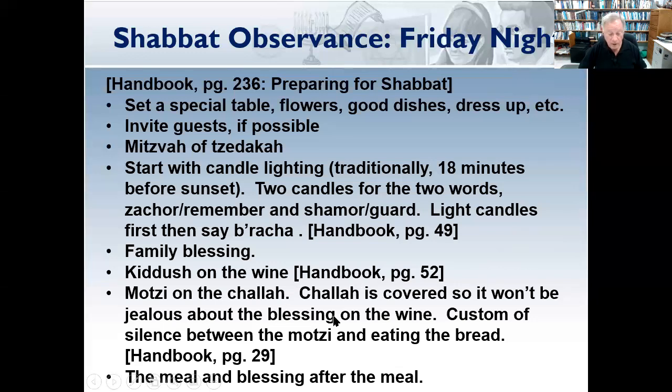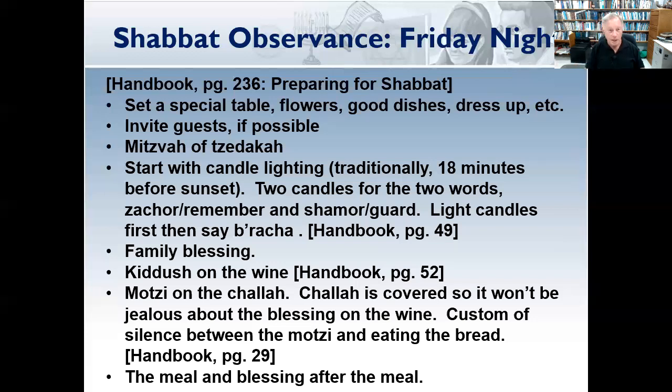You say a blessing for the bread over the challah. There's a wonderful tradition of covering the challah. You probably have seen this. You cover the challah while you're saying the blessing over the wine. Everybody familiar with this? So the tradition that was explained to me, it's just a great story that I really like, is that normally if you have a meal, the first thing you do in a meal is have